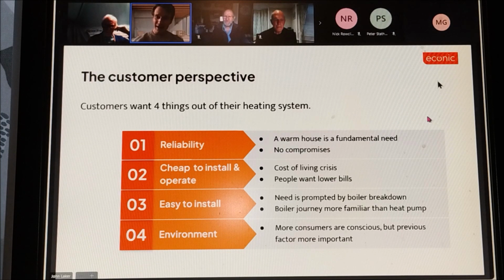Number two is, heating is certainly no luxury good that